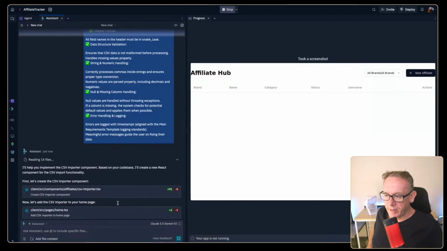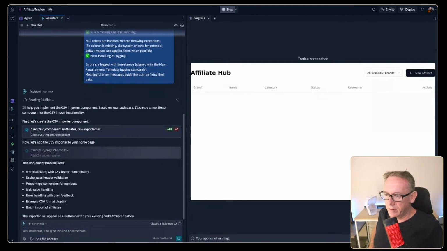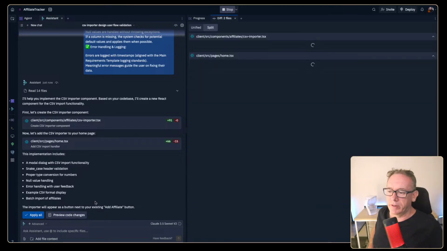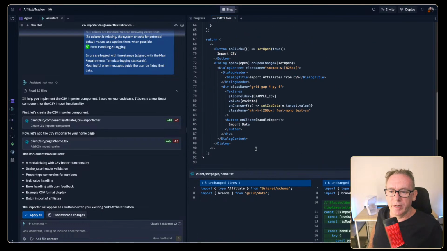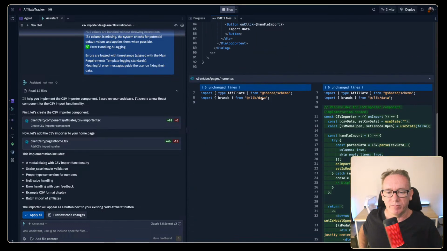And we've got now, let's add the importer to the home page. So I'm expecting we're going to see a button here. It's telling us what it's going to implement. It'll go next to here, and we can preview the changes, so we can see this importer code. And rather than reading it, I would want to just take it directly over to the code interrogation prompts